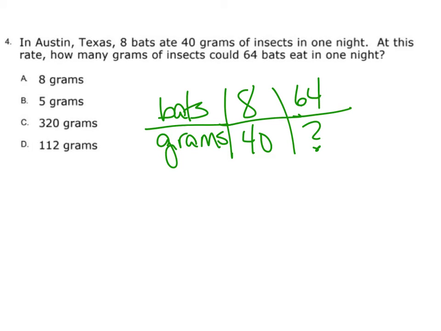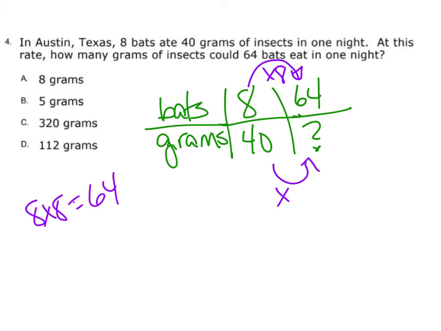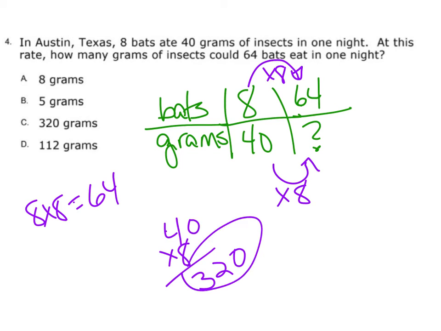So in this case, what I need to do is find a scale factor. So 8 times what gives you 64? Well, I know 8 times 8 is equal to 64, so my scale factor is times 8, so that means 40 times 8, so 4 times 8 is 32. Then I'm going to add the 0 at the end, so that means we need 320 grams of insects to